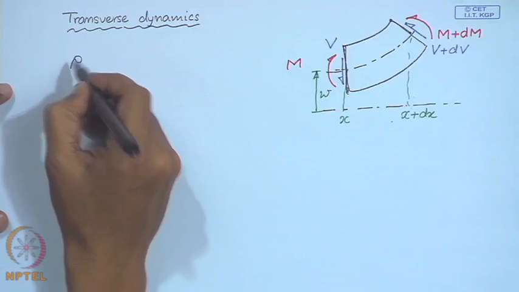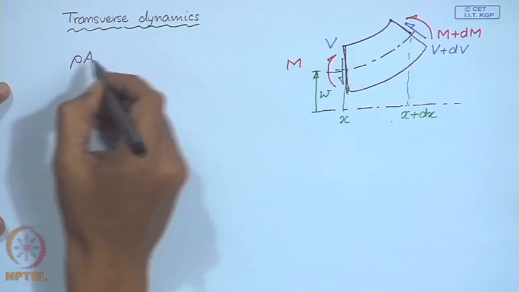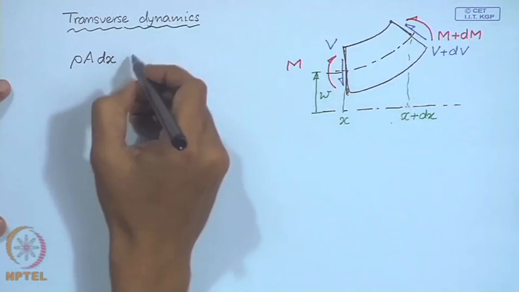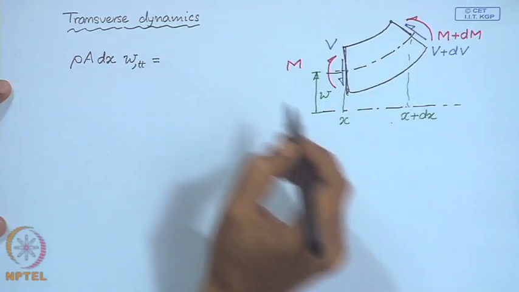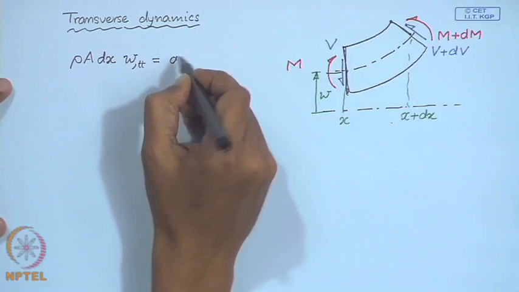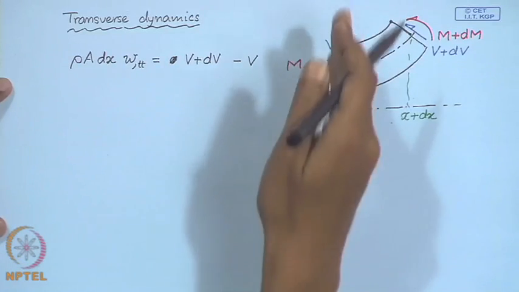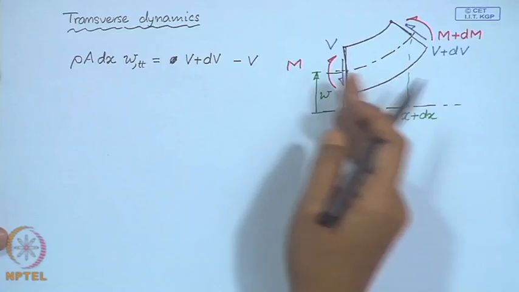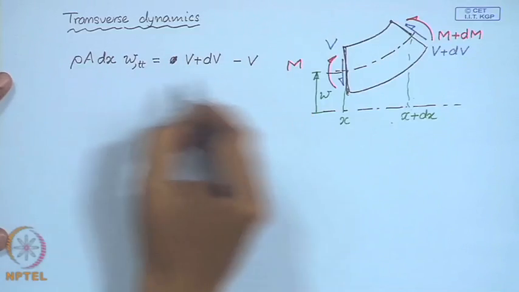so if rho is the density of this material, A is the area of cross section, then rho times A is the mass per unit length, times dx, which is the length of this element, is the mass of this little element multiplied by the acceleration, and that must be equal to. So, here again considering that the slopes are small, we can write this as the forces in the transverse direction. So, V plus dV cosine of this angle, so that is approximately 1 minus V times cosine of this angle, which is also very small. So, this is what we have. So, dividing throughout by dx,